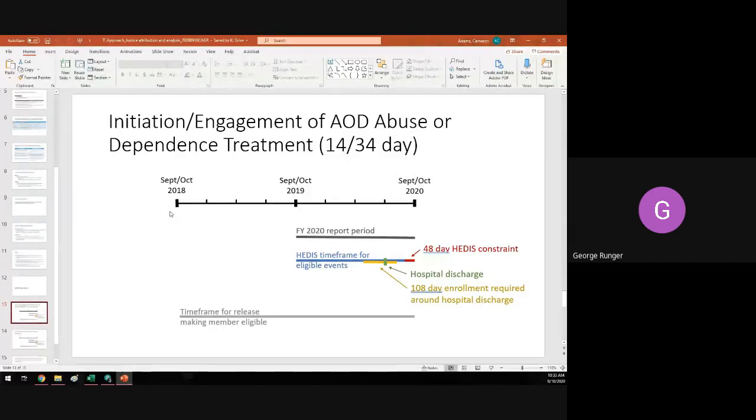Yeah, and we've scratched our head going through this. So Dr. Unger, if I may ask a question here, just using this diagram as an example. If a member was incarcerated, we'll say right here for a week, so it's before their hospital discharge, but within that enrollment requirement, would this member be considered for